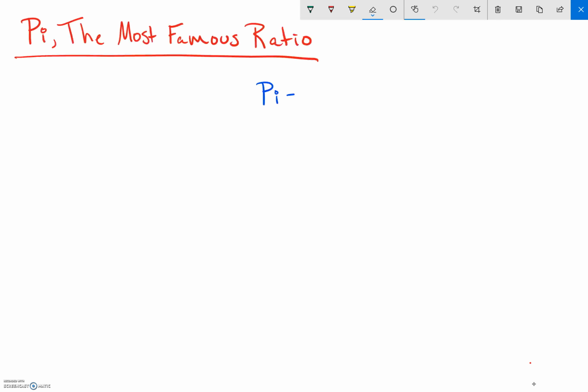Alright guys, so we talked about the parts of a circle live in class. Now I'm going to show you a video on pi, and you're going to be able to try a few examples. So pi is the most famous ratio. If we draw up a circle,